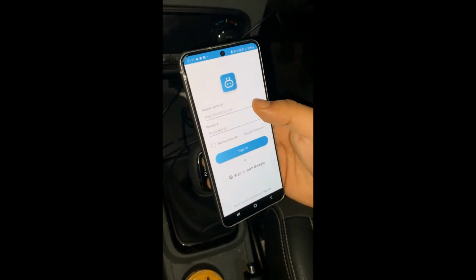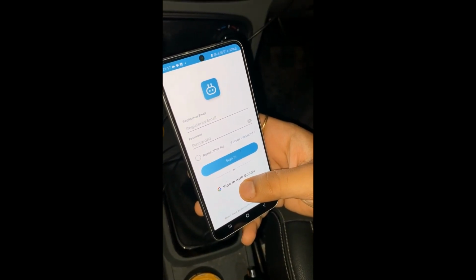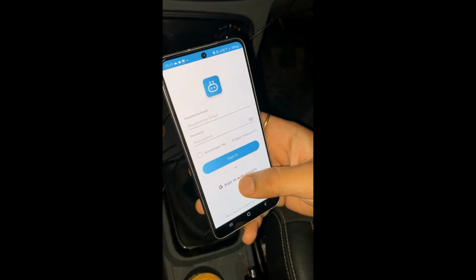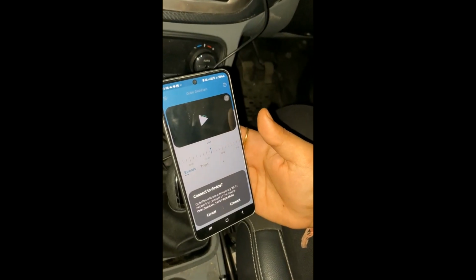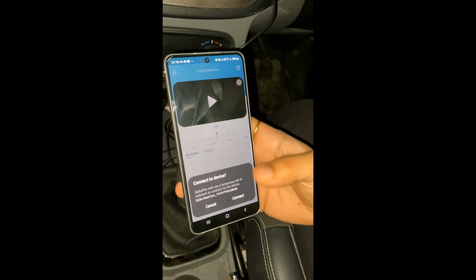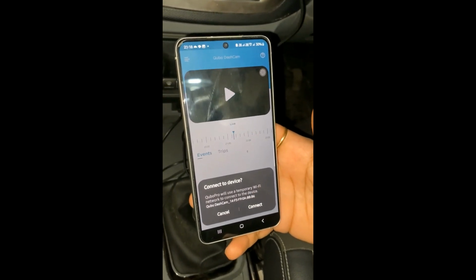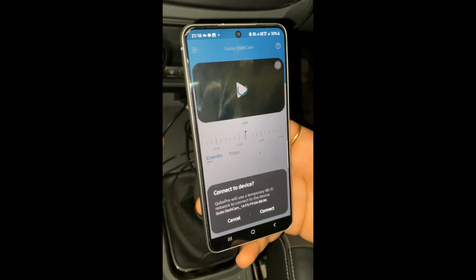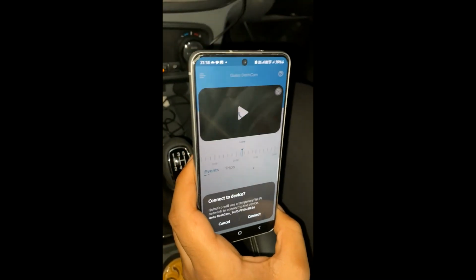Then it asks you to sign in using your email ID or Google account. So I choose the Google account like this. Now I have signed into the app using my Google account, and now it's asking me to connect it to the Wi-Fi. For that, let me first switch on the ignition of the car,